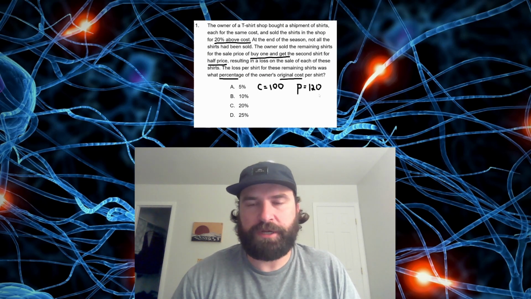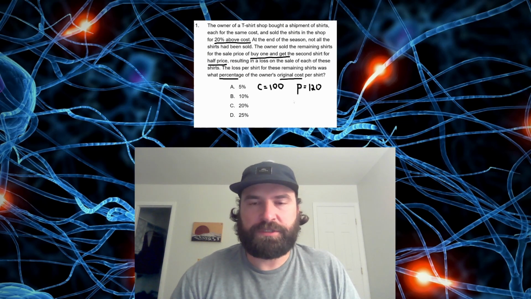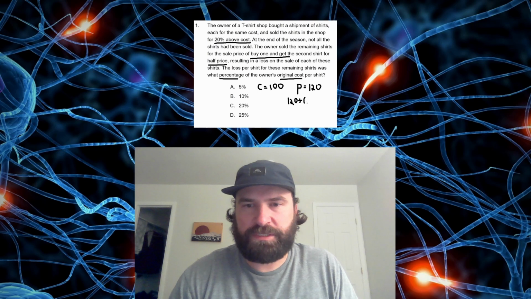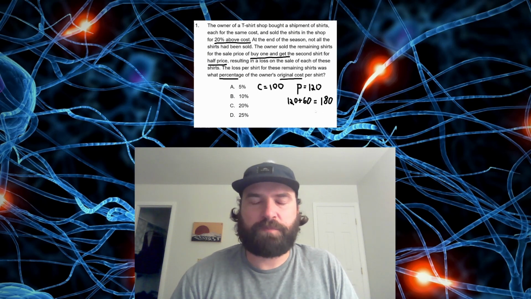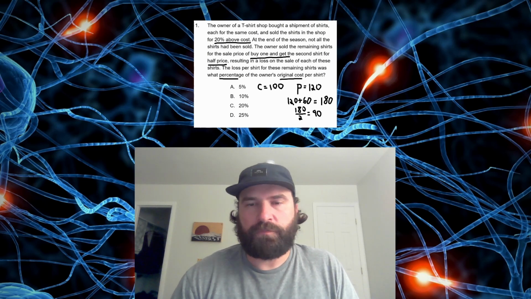Next, let's consider what it costs to buy the shirts at buy one, get the second shirt half price, right? So half of the price would be $60. So you'd be getting two shirts for $120 for the first shirt plus $60 for the second shirt, which is going to be $180. If we divide that by 2, we can get the average cost per shirt there. So we get 180 divided by 2. So basically he's selling the shirts back for $90 a shirt on average,